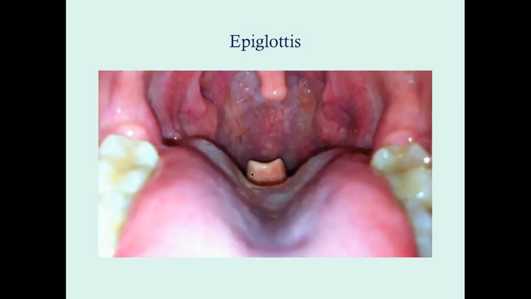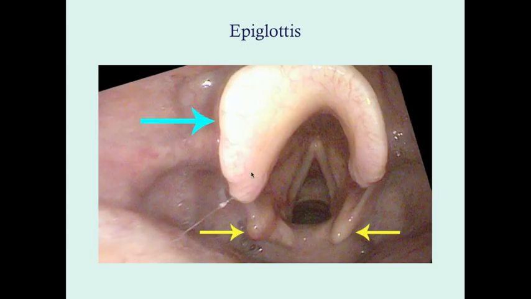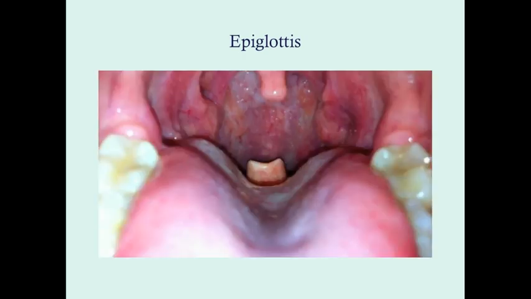Here's another view. This is looking through the patient's mouth. This was done by a fiber optic nasopharyngogram. You're just looking into the patient's mouth. In this patient, you can see part of the epiglottis here. And this is a healthy looking epiglottis. I'm not sure what else is going on in this patient's mouth, but this is a healthy appearing epiglottis. It's the right color, sort of a peachish color. It should not be red. It should not have pus or bleeding on it or anything like that. It should be this nice off-orange color.